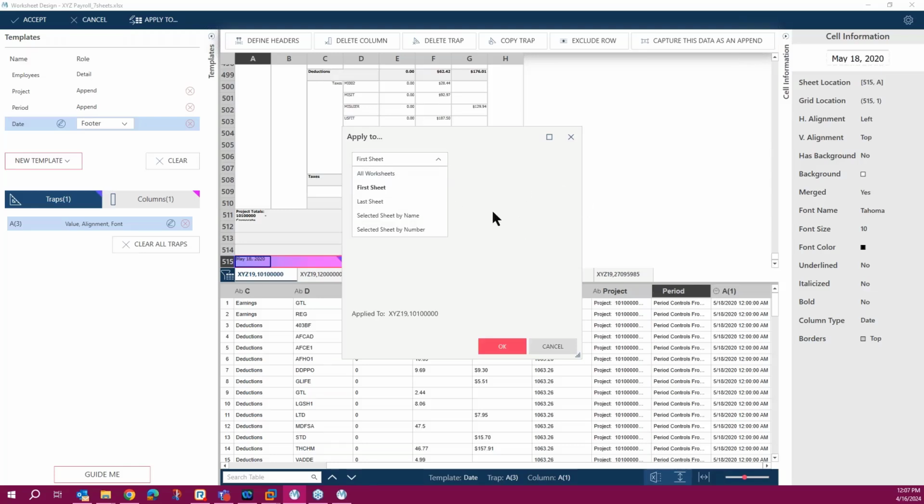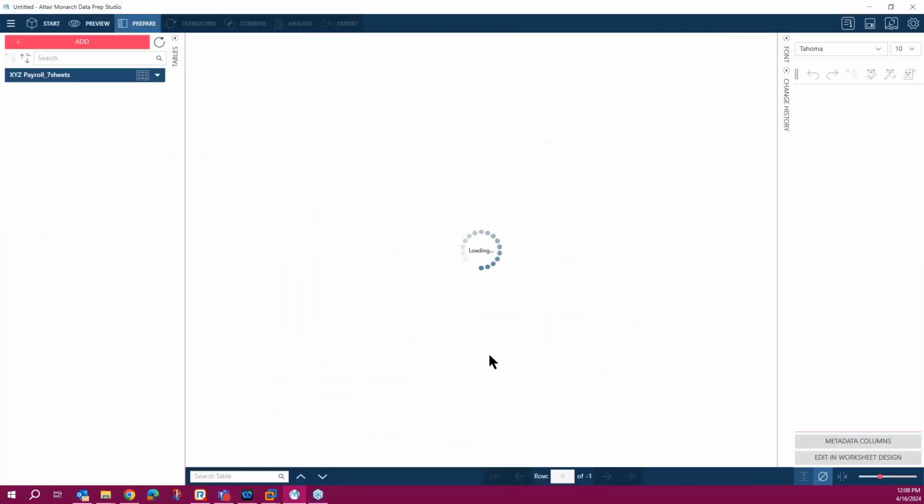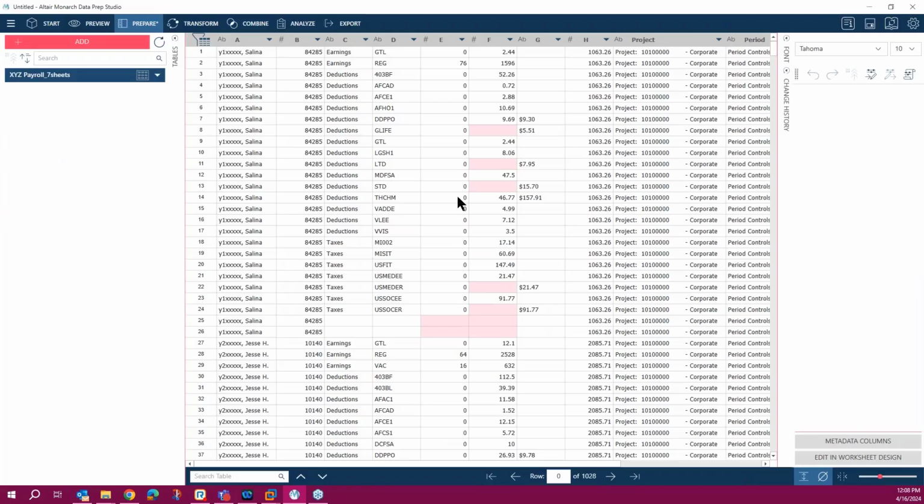In my case, I want to apply this to all worksheets because I know I'm going to get another file that has more tabs. So therefore, I want to use all worksheets. Okay, and there it is. Once I apply all worksheets, now I'm in the prepare page in Data Prep Studio. The first thing I do, I save my work.